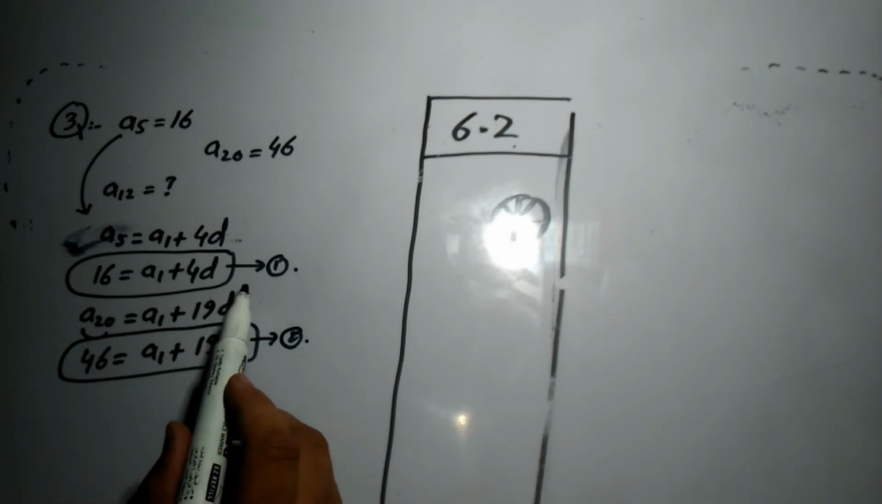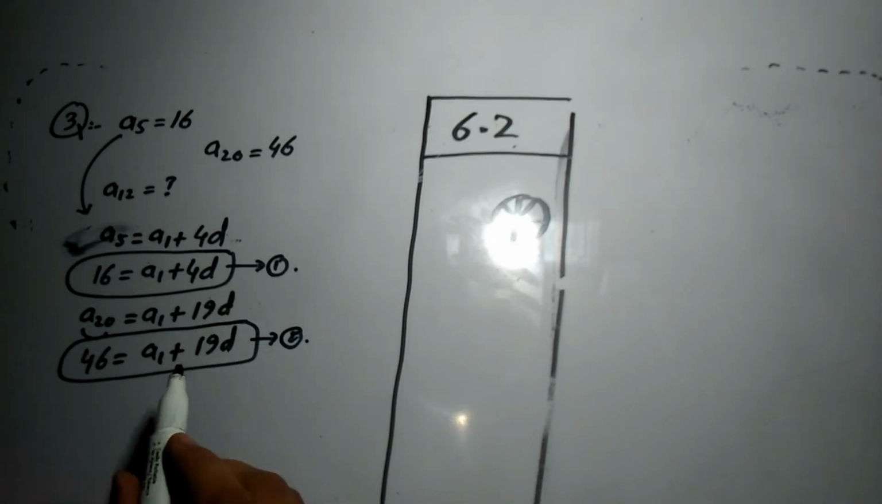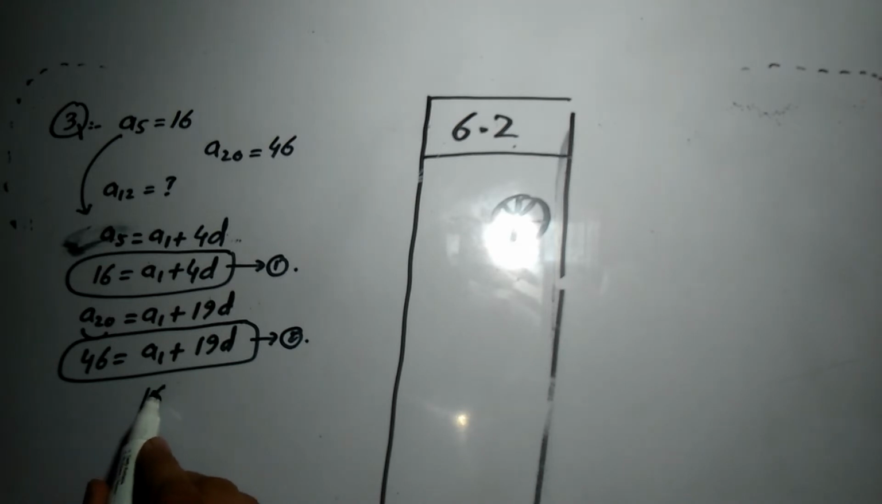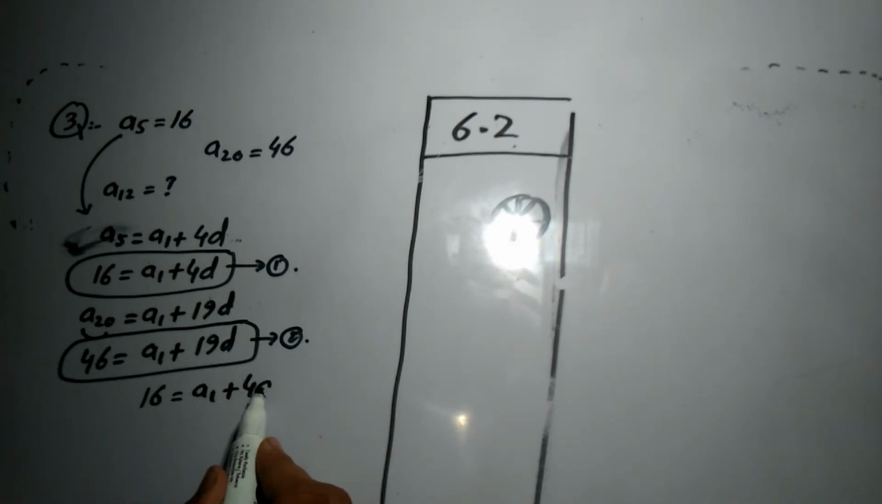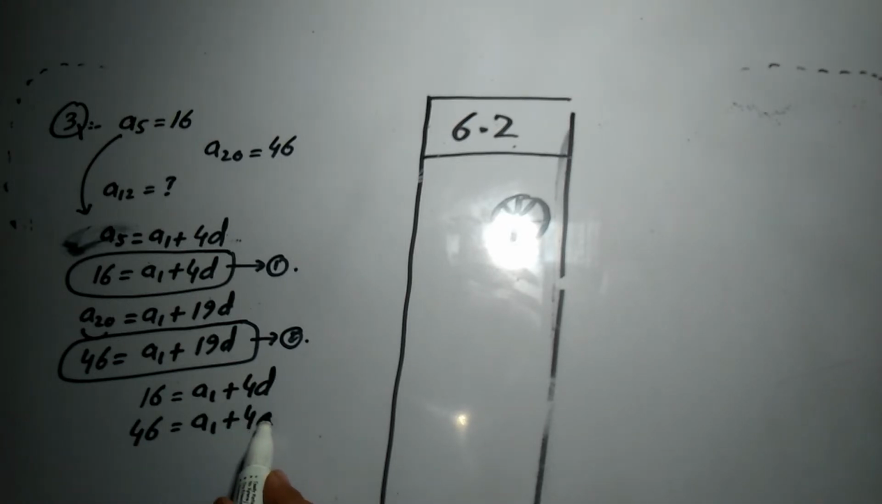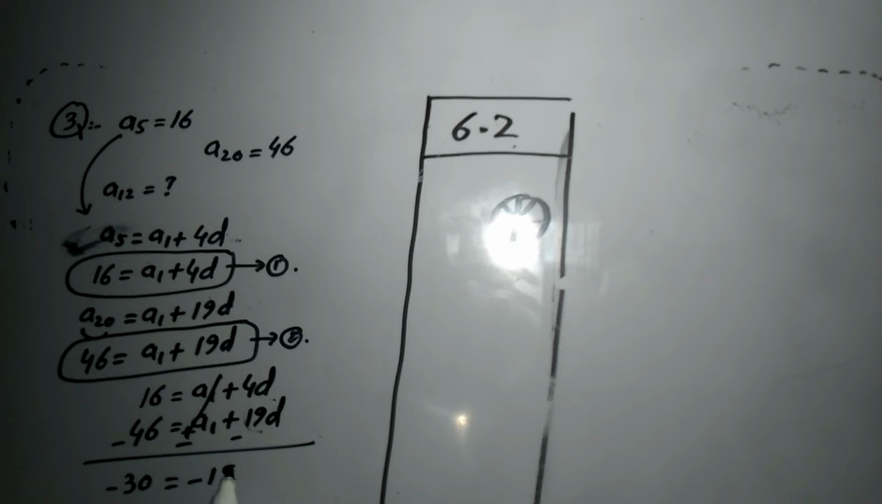So from equation number 1 and equation number 2, if I write equation number 1, 16 is equal to a1 plus 4d, and equation number 2, 46 is equal to a1 plus 19d. So after subtraction, minus, minus, minus, the a1 will be cancelled out and this will be equal to 30, and minus 30 will be equal to minus 15d. So d will be equal to